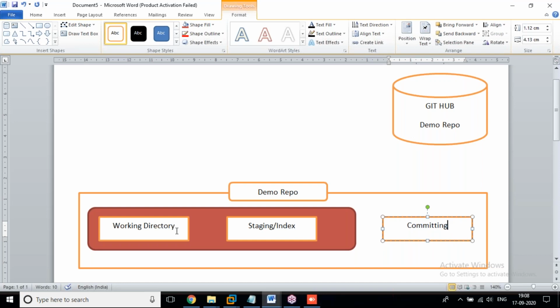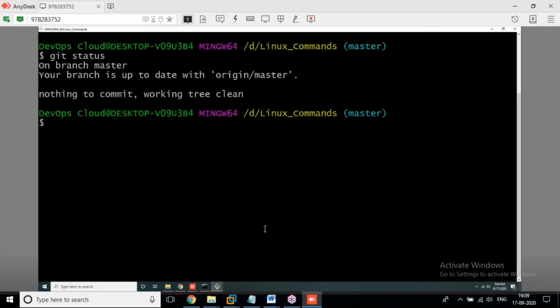If you have at least one file of any kind inside either the working directory or staging, you can't see that message. Which one? Nothing to commit, working tree clean. Only when you have no file in both locations can you get it: nothing to commit, working tree clean.